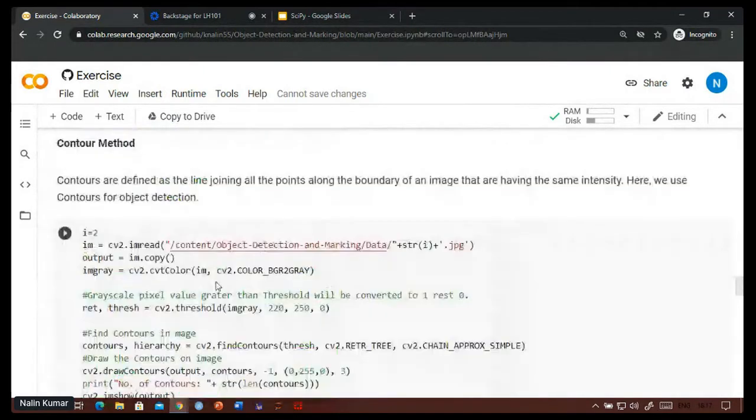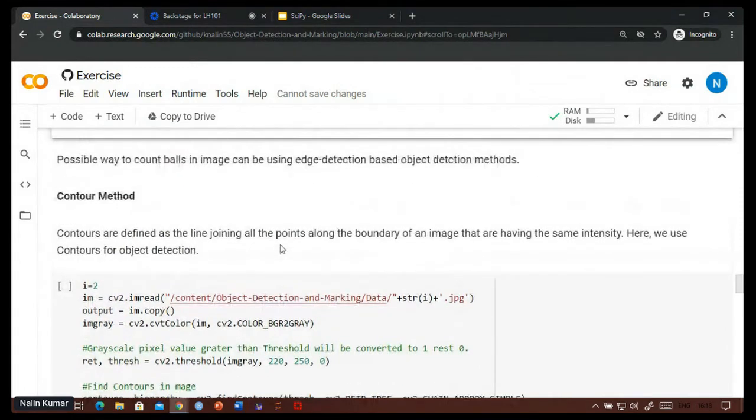In both of these methods, you are essentially trying to find the edges in the image, and based on those edges, you separate out some regions, and the enclosed regions will be the ones you are interested in.